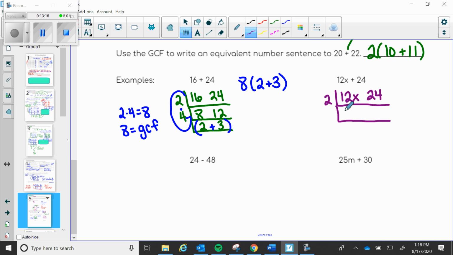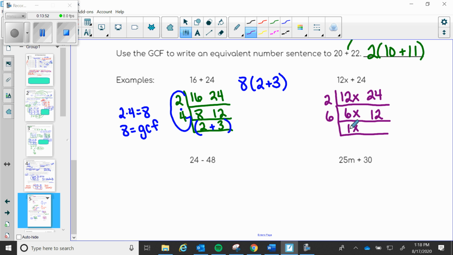12x divided by 2 would give me 6x. Just like I said, you're going to keep bringing it down. And then 24 divided by 2 would give me 12. Now, I know that 3 could go into both of these, 2 could go into both of these, and because 2 and 3 can go into both 6 and 12, I'm actually just going to do 6. I'm going to take out a 6. So 6 divided by 6 is 1, but